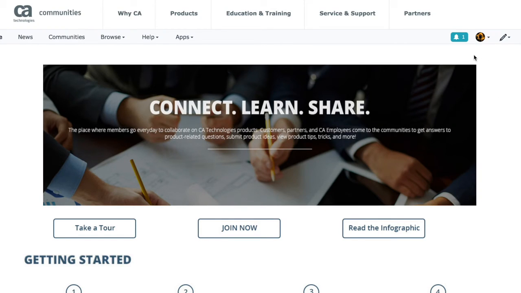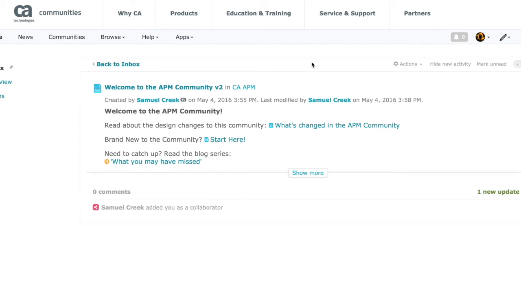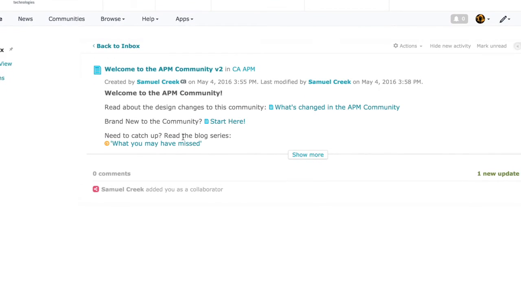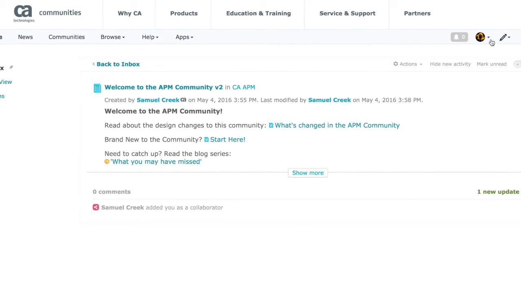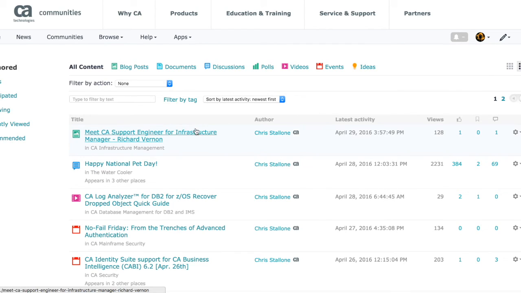The last step I want to show you in this tutorial is the inbox. You'll see in the top right, there's a little bell with a 1 icon. If anybody interacts with my post, comments on it, likes it, this is where it'll appear. And all you have to do is click on it, and you can see what was added to your post. You can also go to the little drop-down icon and select your content, making it easier to find your posts